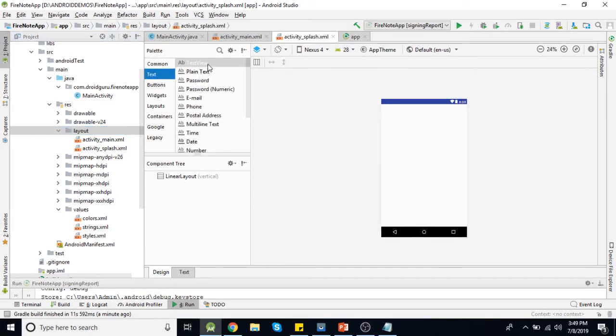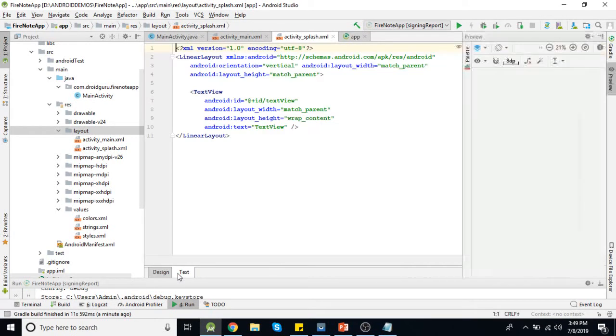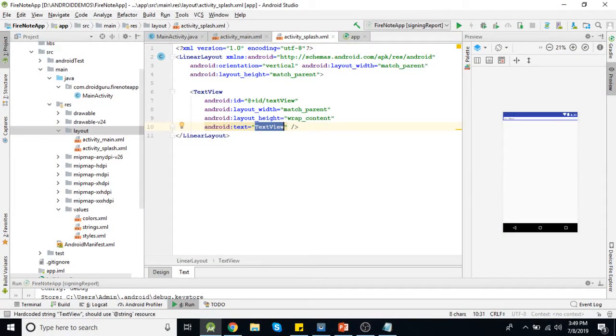Just simply show the app name here, that is Fire Mode. Then text size will be say 20 sp.